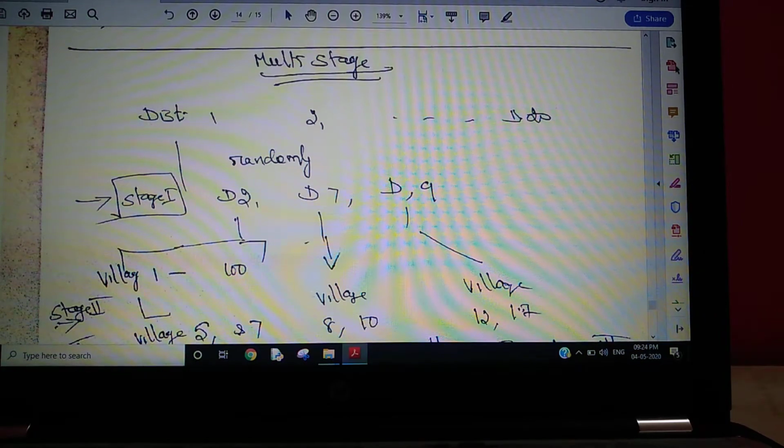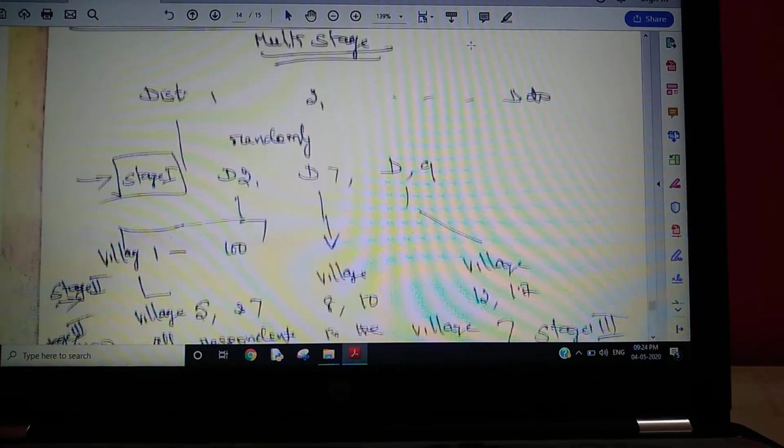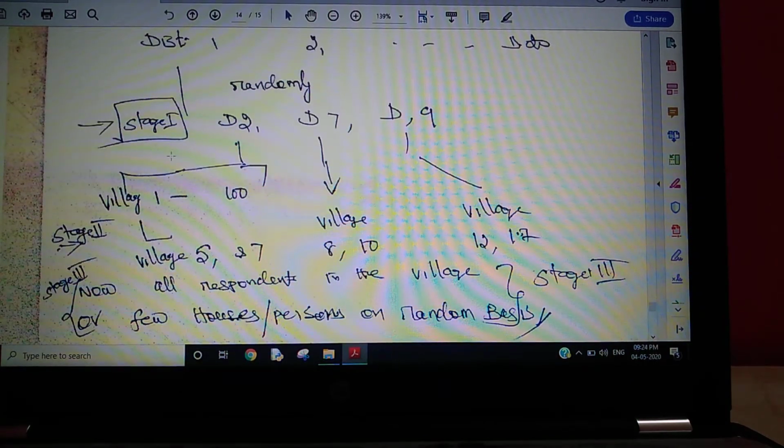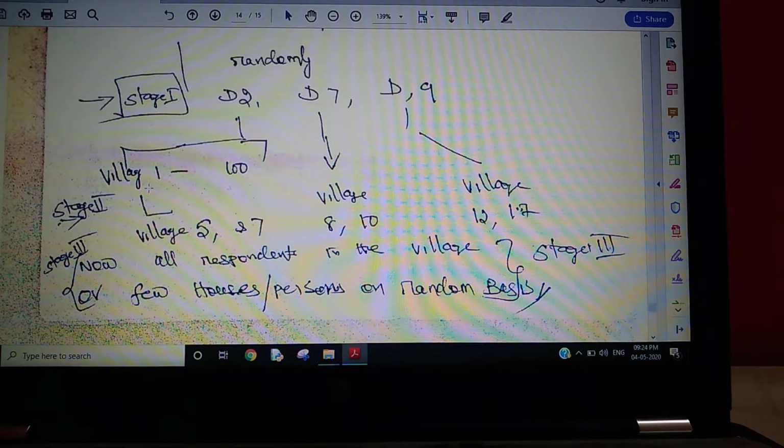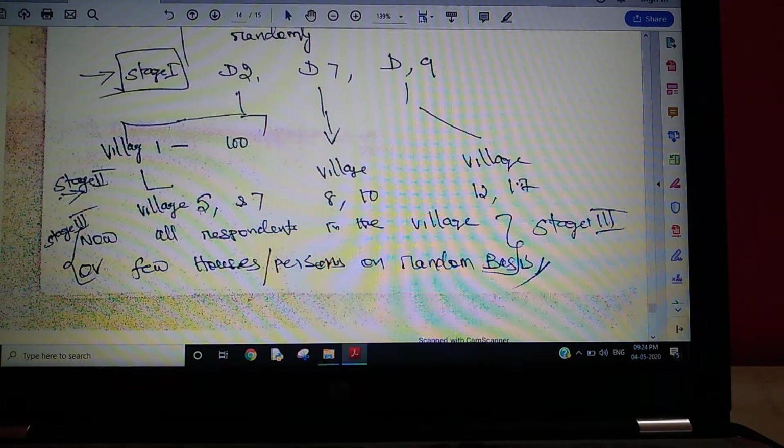Again, district 1 to 20 or 37. Randomly, stage 1: district 2, district 7, 9. And from the district, there may be more than 100 villages. If not 100 villages, maybe 10 villages or 50 villages are selected. Maybe if the population of the village is very low, all the households in the village, or again only some selected households from that village. So district 1 has